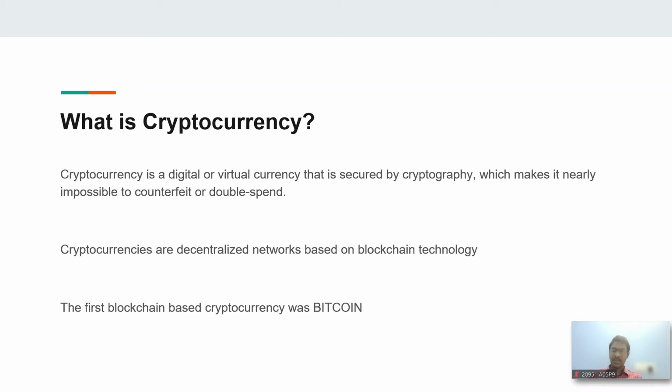And these are decentralized networks based on blockchain technology, and Bitcoin was the first cryptocurrency which used this blockchain technology. So, moving on,